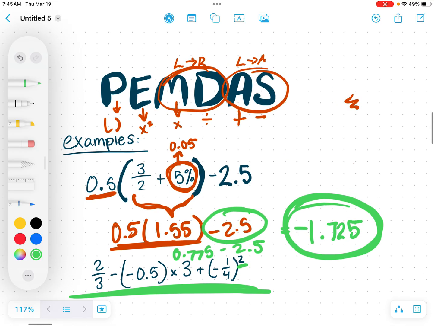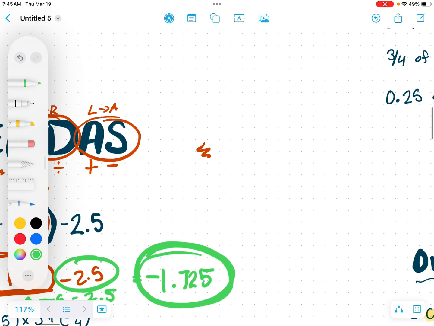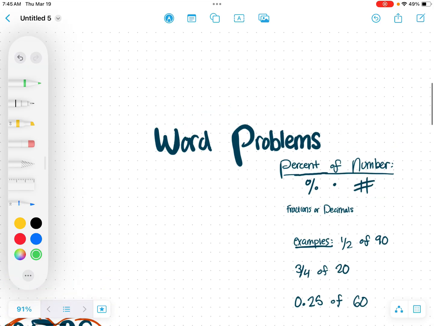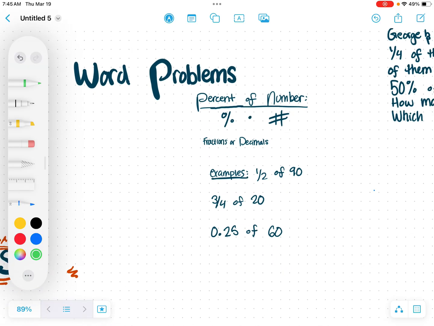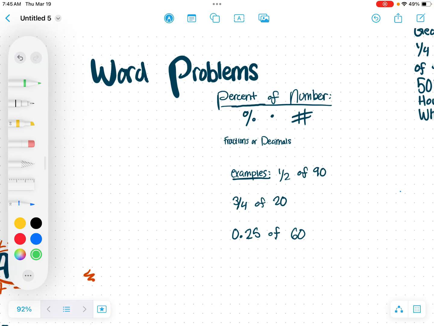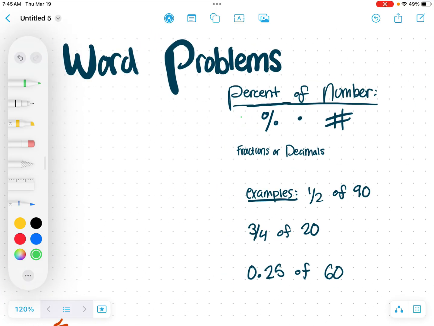Another thing to remember is that absolute value, although not the same as parentheses, is also involved in the parentheses group in PEMDAS. Okay, the last thing we're going to talk about is percent of a number and how to deal with it in word problems. Okay, when we're dealing with word problems, remember when we dealt with, like, you had a